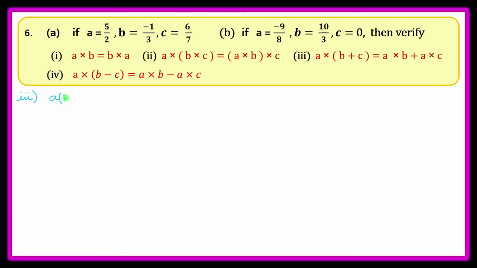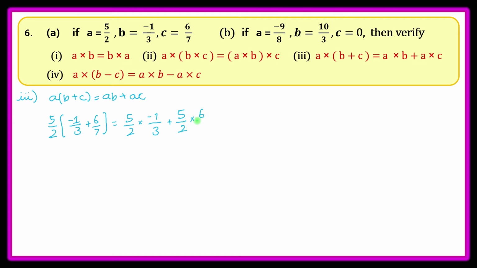a into b plus c equals to a into b plus a into c. So now let's see. According to this property, it says 5 upon 2 multiplied by minus 1 upon 3 plus 6 upon 7 must be equal to 5 upon 2 into minus 1 upon 3 plus 5 upon 2 into